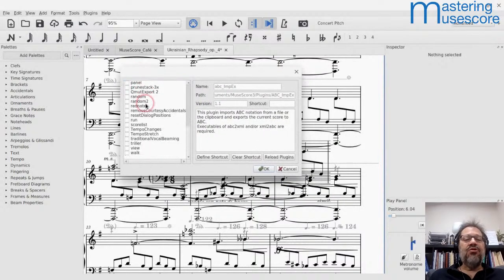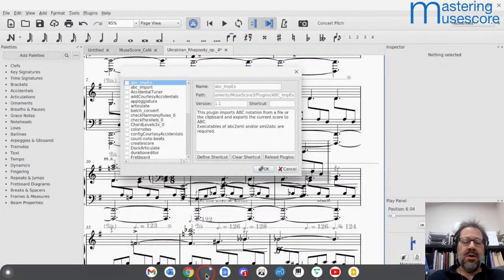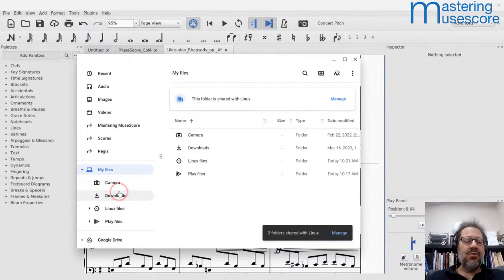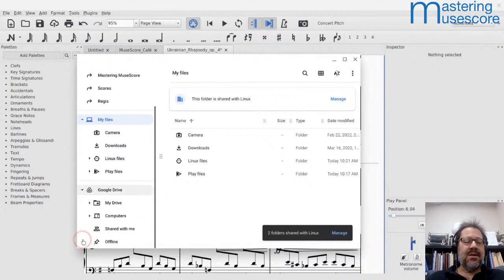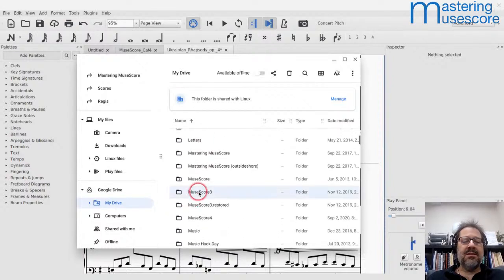So the plugin manager will show you a list of all the plugins that you have downloaded. I have downloaded all those plugins already, not on this computer, but on my other computer. Because I have set up my system, I mostly use Chromebooks, as you know. I also have a Windows computer, and I've set them all up to share the same Google Drive folder. So if I go to my Google Drive folder here and open MuseScore 3,